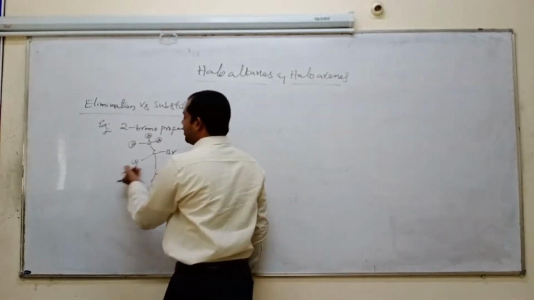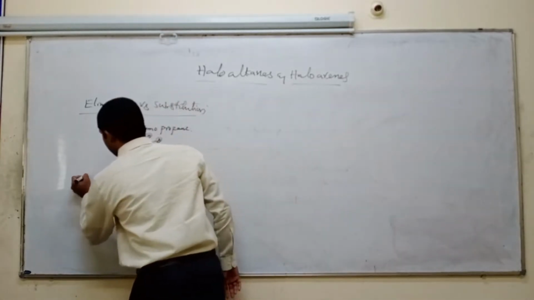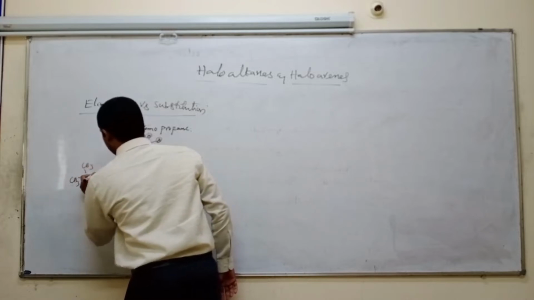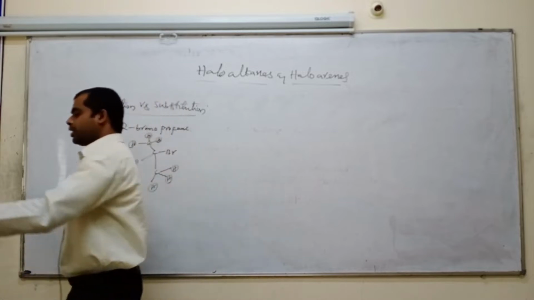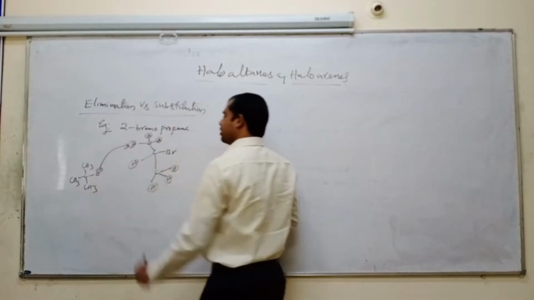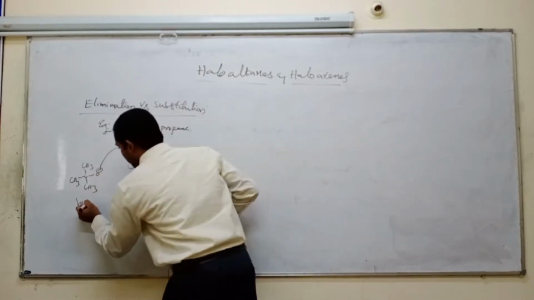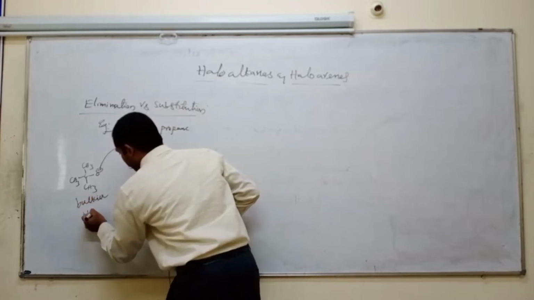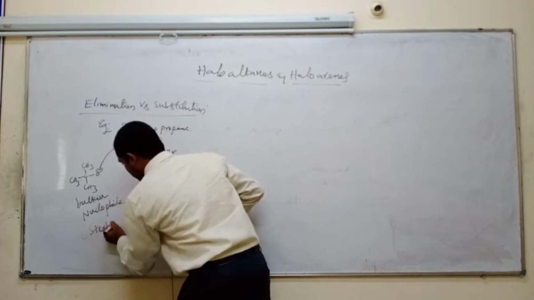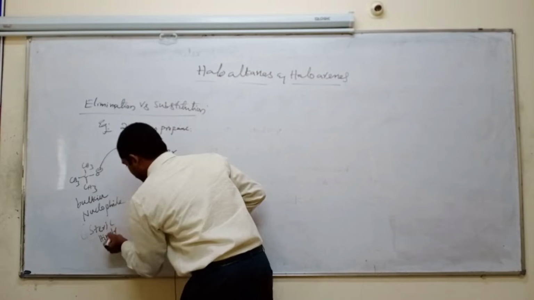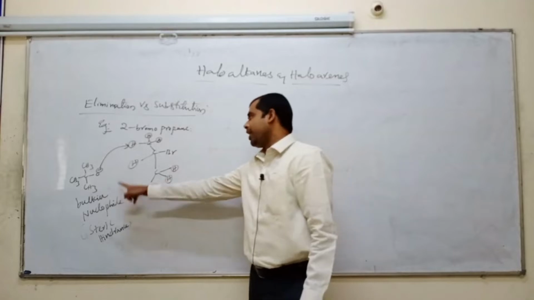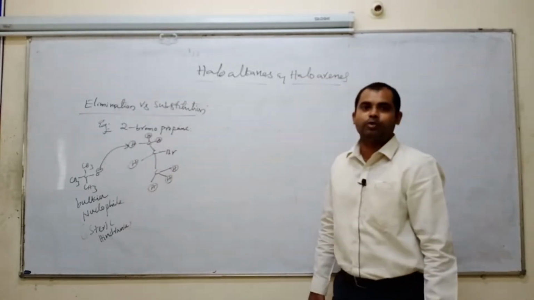When it reacts with any bulkier nucleophile, suppose we take a tertiary compound, here CH3, here CH3, here CH3, here O minus. So this is what? The bulkier nucleophile. This bulkier nucleophile always abstracts the proton, because a bulkier nucleophile creates steric hindrance. You know the definition of steric hindrance? Once a bulkier nucleophile reacts with 2-bromopropane, what happened?